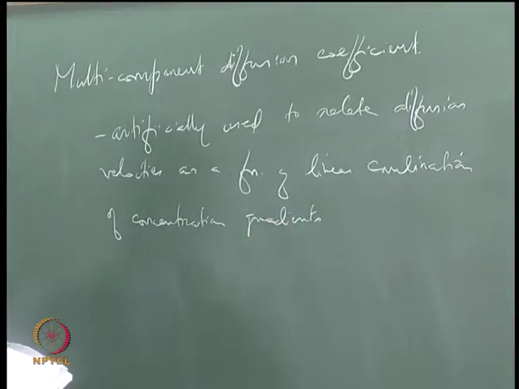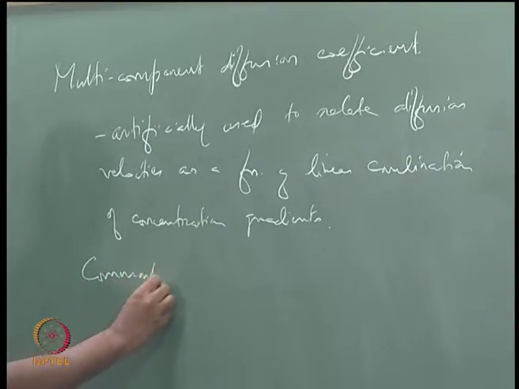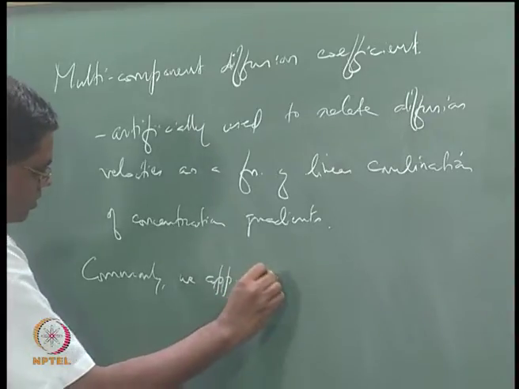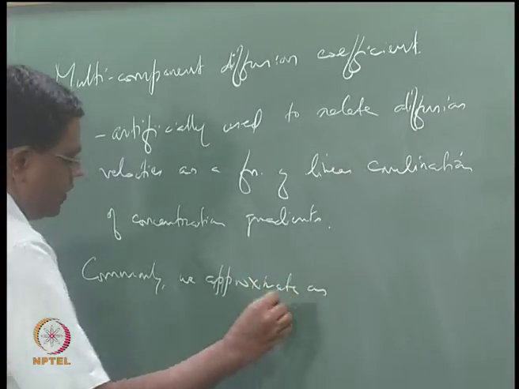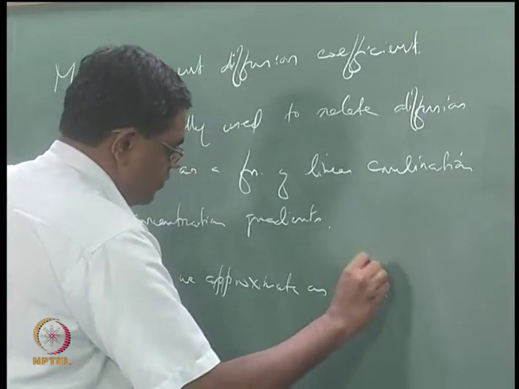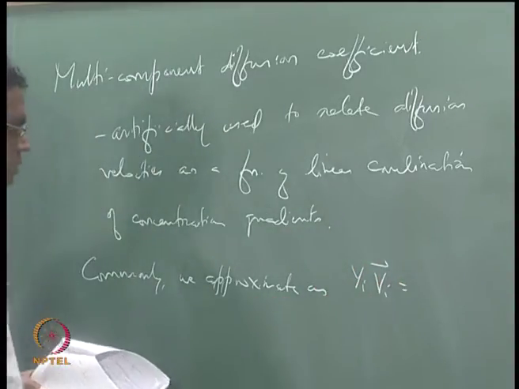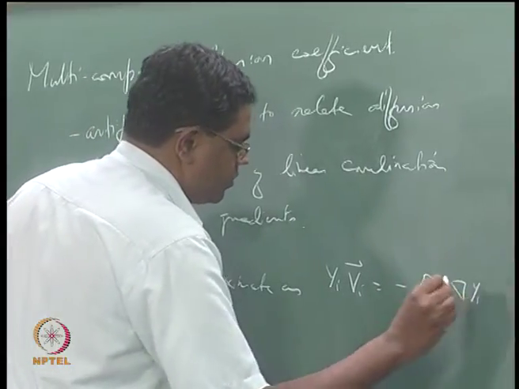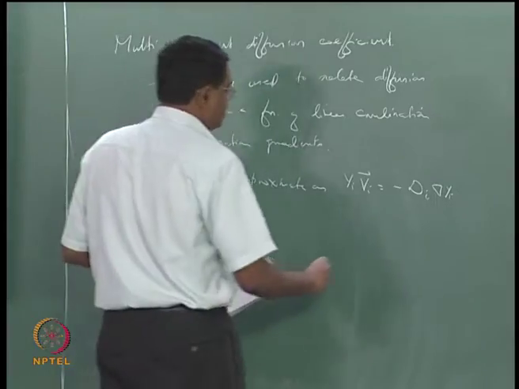Right. So the way we want to do this is, so commonly we approximate as let us say Yi Vi vector is equal to minus Di gradient Yi, i equals 1 to N of course,